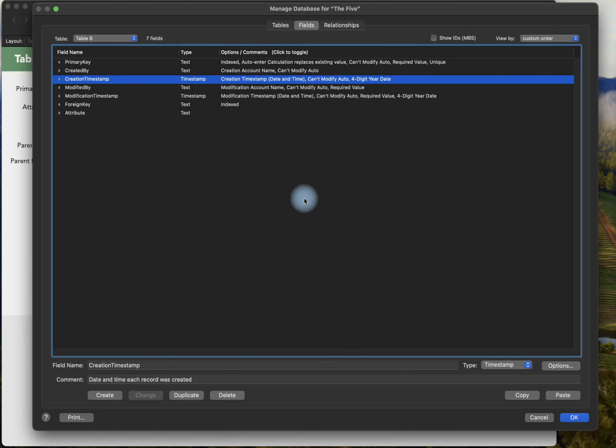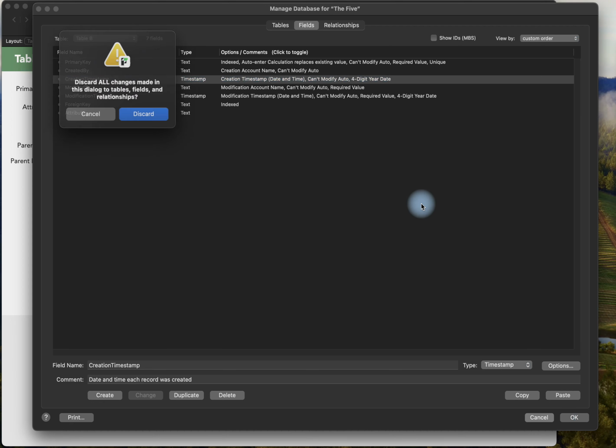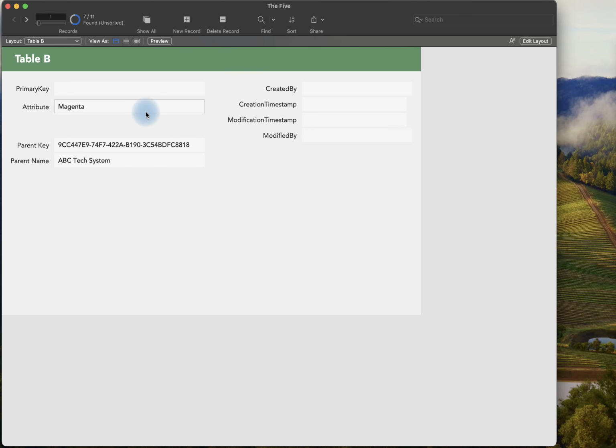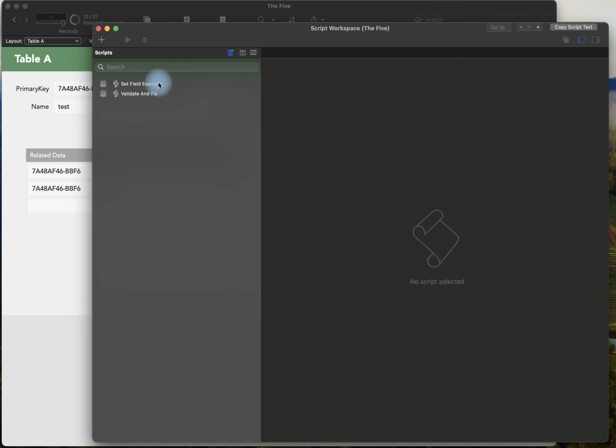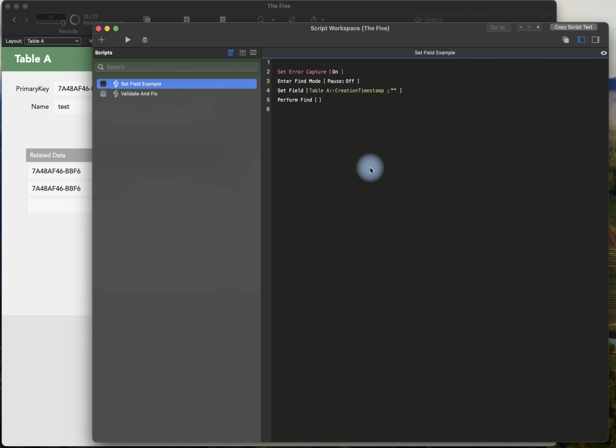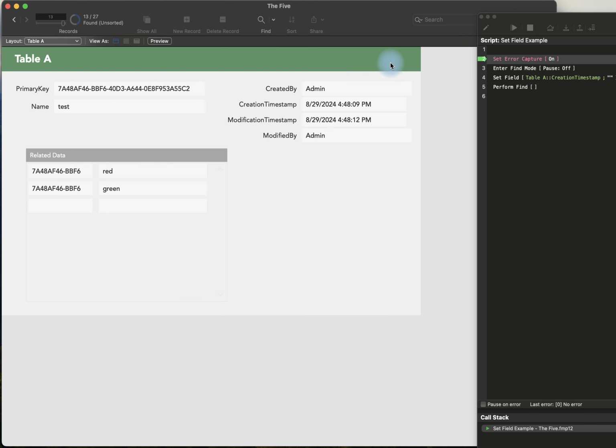Okay, it's not just about import. Let's talk about one other thing that can cause a problem here. I'll escape and not save those changes. And that is a set field command. So if you import, obviously we can see that a key can't be set, but a problem can happen when you have a script that sort of misfires. So here's a script that we have, and it's a simple search. What it does is